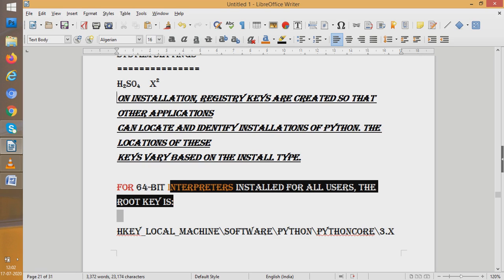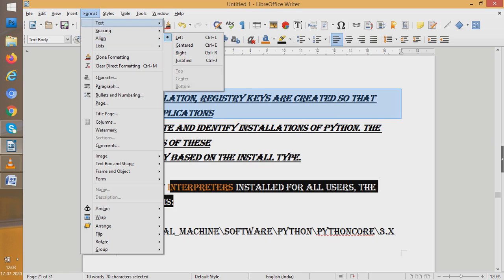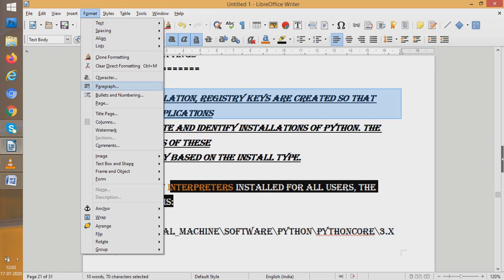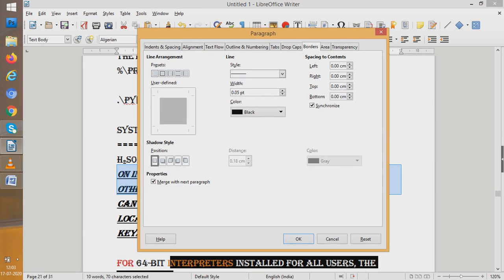So what we'll now learn is about the background option of a paragraph. We learn how to give colors to a paragraph, how to give border to a paragraph or the whole document. We'll go for that. So let us go and select a part of the text. Suppose this paragraph I want to work with. So we'll go to format, and in format, see, paragraph. So I am going to paragraph here. When I go to paragraph, this dialog box opens. You can give borders, you can give colors, as I said, the background color.